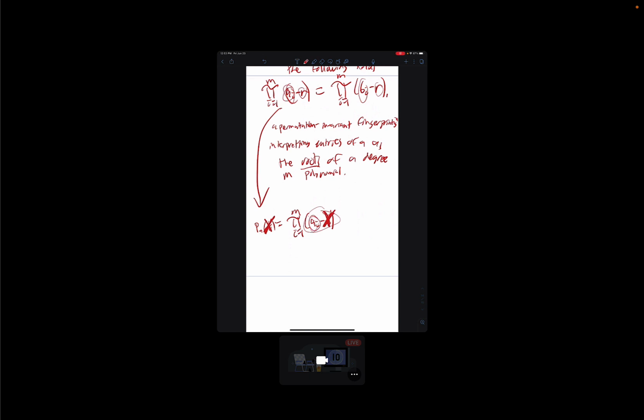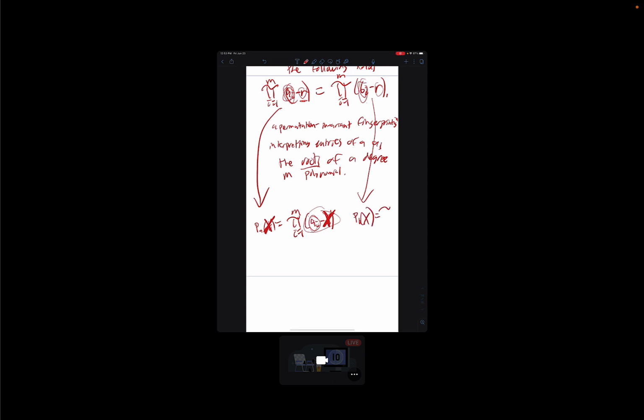Another way of saying this is, of course, that finite field multiplication is commutative. So you can take two vectors that have the same entries but in different orders, and if you subtract r from each entry and take the product of the results, you get the same thing, regardless of the order of the vectors. Okay, so in summary, what this algorithm is doing is interpreting a and b as two polynomials whose roots